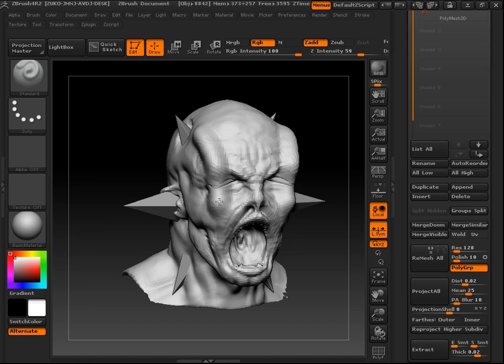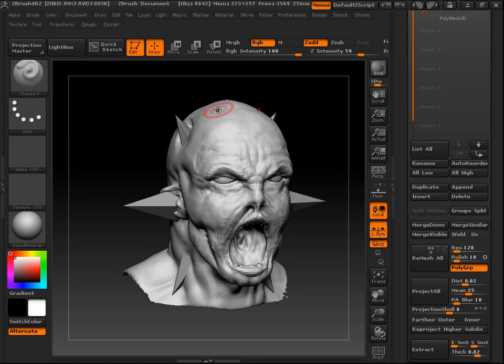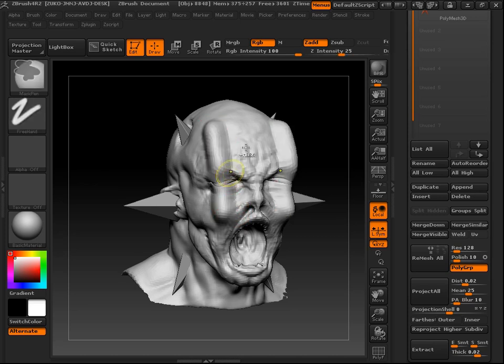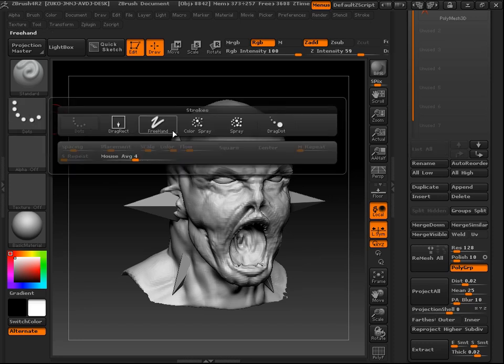Obviously you can see drag dots is a smooth stroke too. Well, the difference between them is that drag dots is used if you have an alpha image or something up, it's used to draw tracks and other things like that, so that there's spacing between them, and you can set that stuff in your stroke palette up here whenever you need to. We'll get into that a little bit more later, but that's just so you know the difference between those two